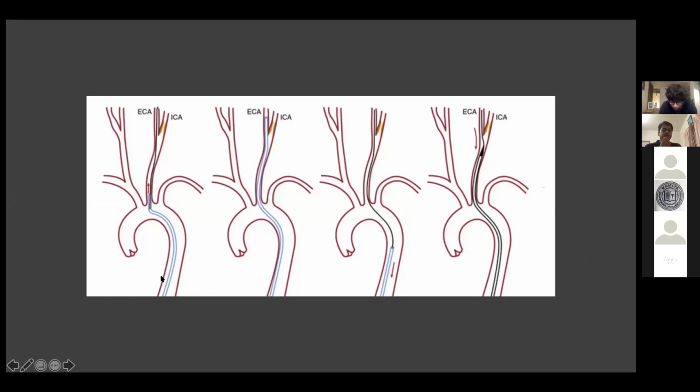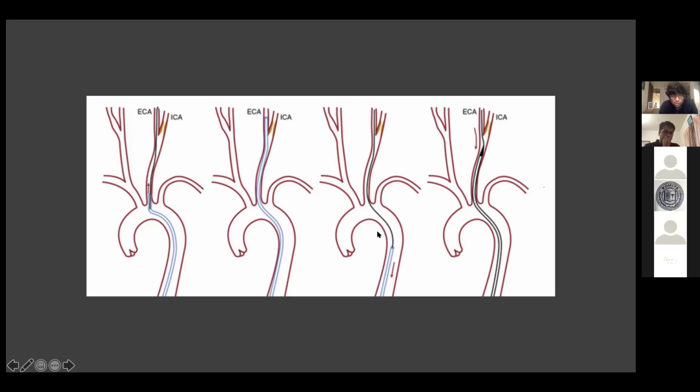This is how the procedure is carried out. You usually go through the femoral route, and you take in either a guiding catheter or a long 90 centimeter sheath, and then you enter the common carotid and first park the wire into the external carotid. Then you exchange that wire with a stiff wire, get your sheath into the common carotid, and once your sheath is in the common carotid, you withdraw this wire and try to cross the